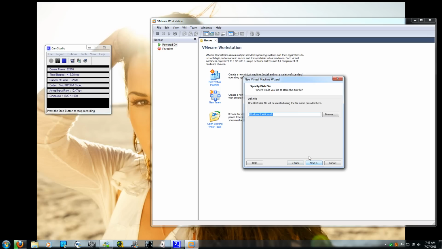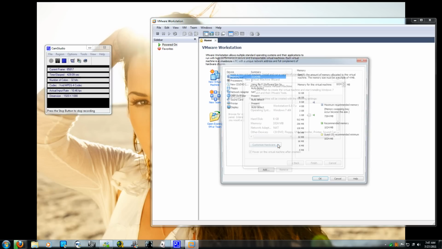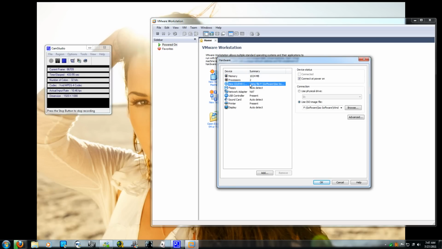Let's go to next, and it's going to ask you what name you want to create for this. It's Windows 7 64-bit. That's fine. And it's telling you here what you've chosen: CD, DVD, floppy drive, USB controller, printer, sound card. You can always customize the hardware, like number of processors, memory, how much you want to use, and the CD. You can either use a physical drive, which is a CD, or an ISO